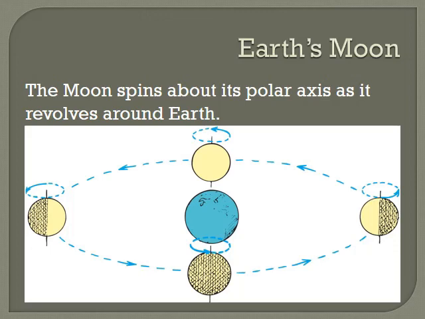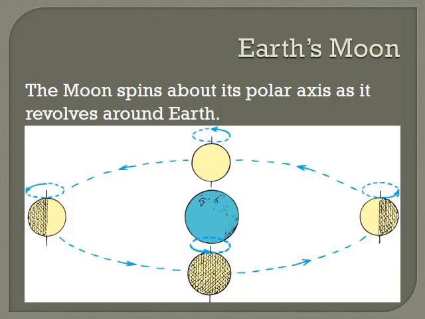When I talked about Mercury earlier, I mentioned that it is almost tidally locked with the sun. Well, the moon is tidally locked with the earth. That means that the gravitational forces of the earth and the moon have caused the moon to essentially have the same face always facing the earth during its orbit around the earth. And that's what we're seeing in this diagram. So I want you to understand that